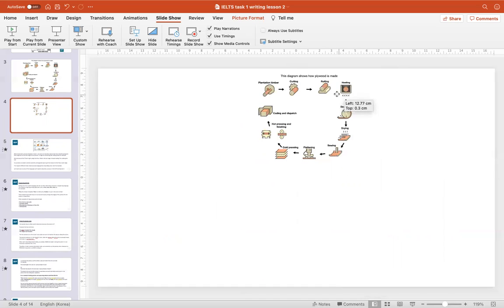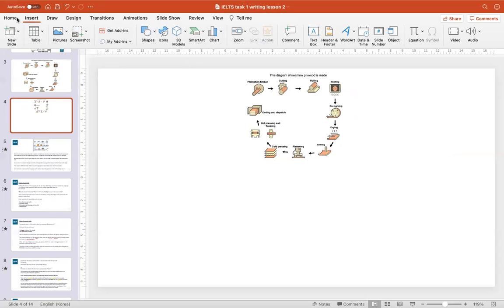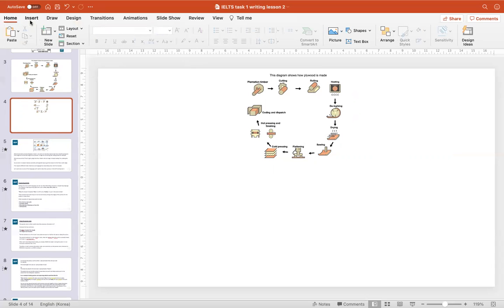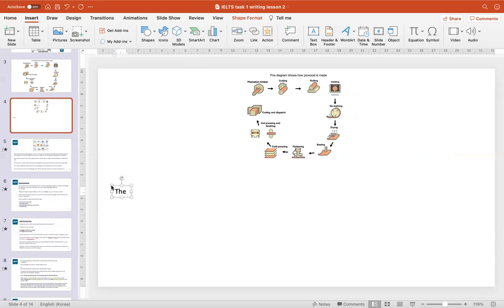Okay, so as you might or may not be aware, normally you paraphrase the question at the beginning, right? To make your introduction. So you want to say something like, we can write this together now, you know. So you want to say that the diagram shows, maybe we can have a different word apart from shows. What do you think? Can you think of a different word? Yeah. Or explains. The diagram describes, yeah, it describes.